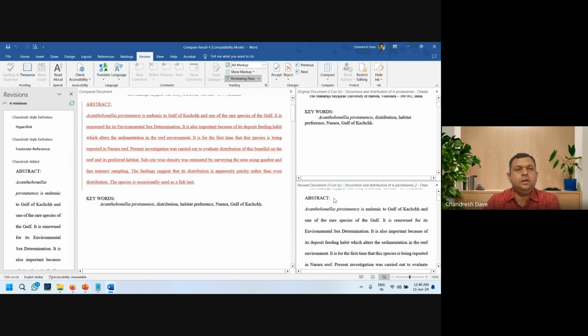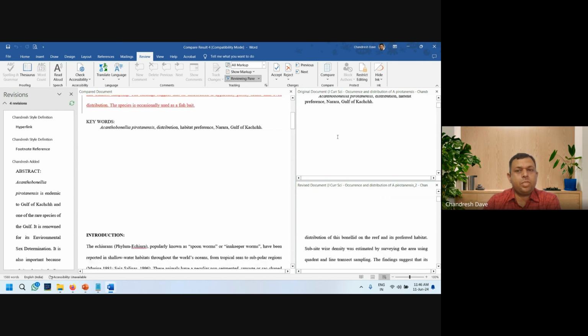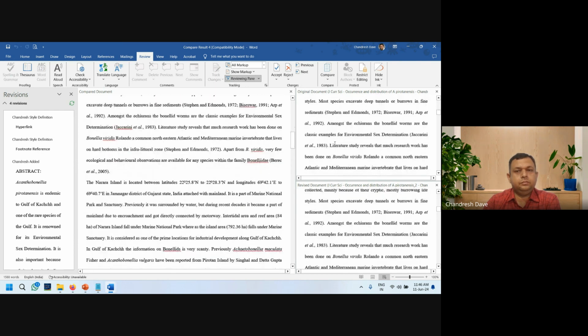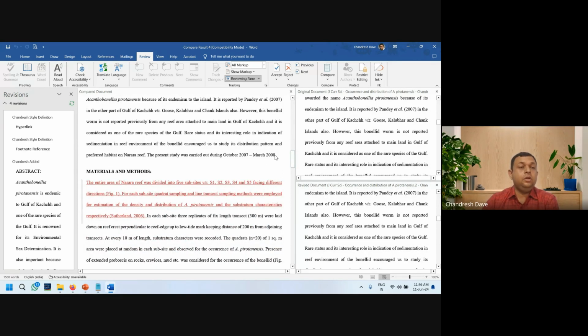This is the original document. So here you can see this is deleted. So we can easily come to know what are different changes in two different documents.